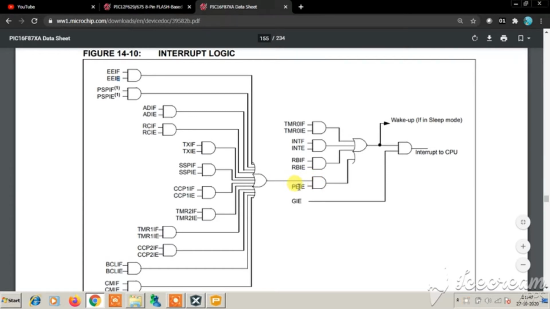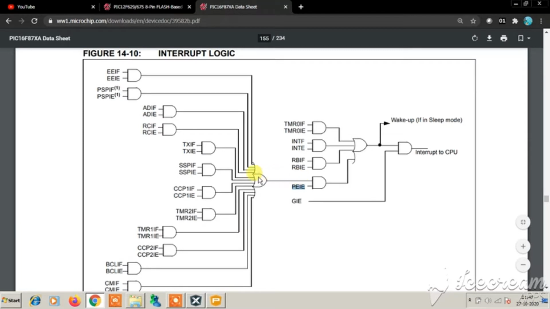This PEIE is therefore the peripheral interrupt enable bit. When you enable this bit, you can now use all of these peripheral interrupts. You need to set the PEIE to use any of these peripheral interrupts.